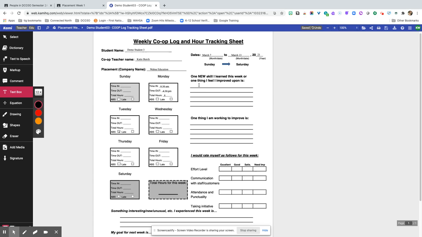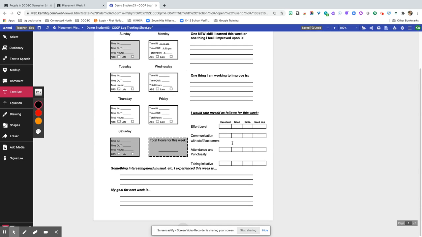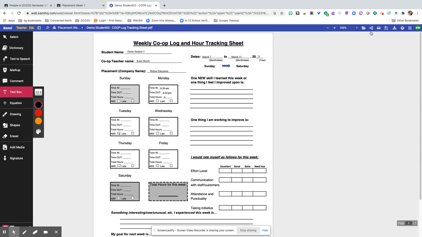If you happen to be absent, you can put an X next to the absent box and not fill in that day. Okay. And then I want you to think about one new skill you learned or you improved this week, and one thing you would like to work for next week to improve on. And I also want you to fill out how you would rate yourself, your effort, your communication, were you on time, what was your attendance like, and what was your initiative like. Okay, so once you've one thing you're working to improve, you're going to set a goal for next week, something unusual that you experienced this week, add up your total hours, and when you are finished,